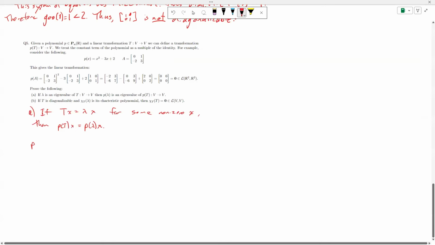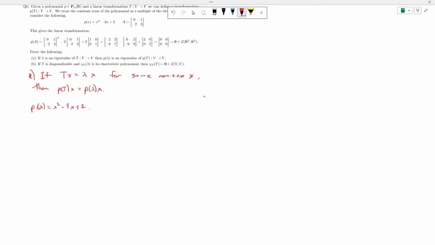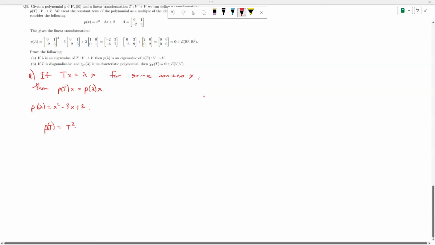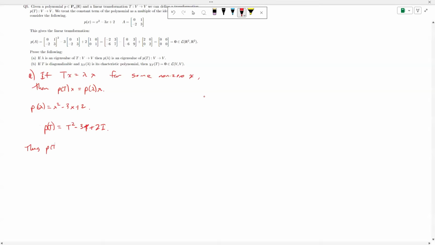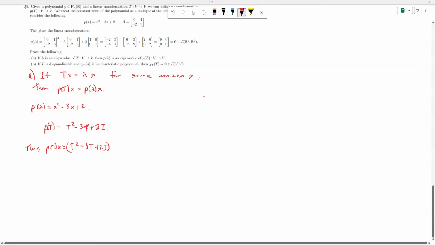And first we're going to do it if p of x equals x squared minus 3x plus 2. Then we're going to do it for a general polynomial. So first doing p of x equals x squared minus 3x plus 2. Well, p of T equals T squared minus 3T plus 2I. Thus, p of T of v equals T squared minus 3T plus 2I applied to v, which equals T squared of v minus 3T of v plus 2I of v,